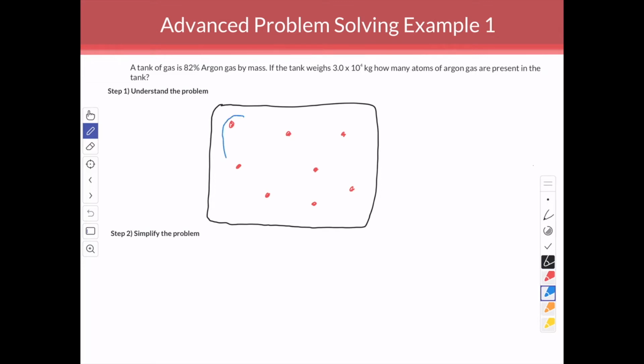We know that this argon is 82% of the mass, and that everything else